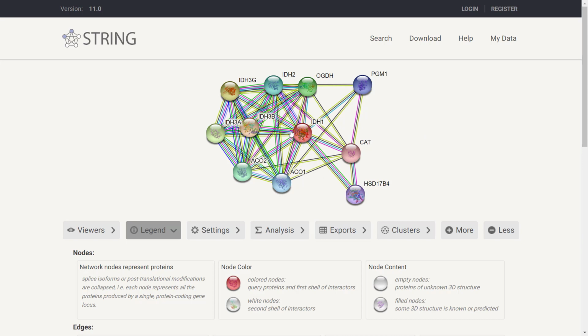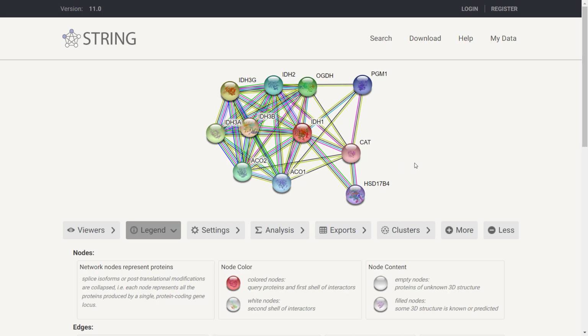Proteins from the second shell of interactors that do not appear here yet, that is, proteins associated to these 10 proteins but not directly to the query protein, will appear in white when we choose to add them to the network. The drawing inside the nodes is the protein 3D structure, if it exists.